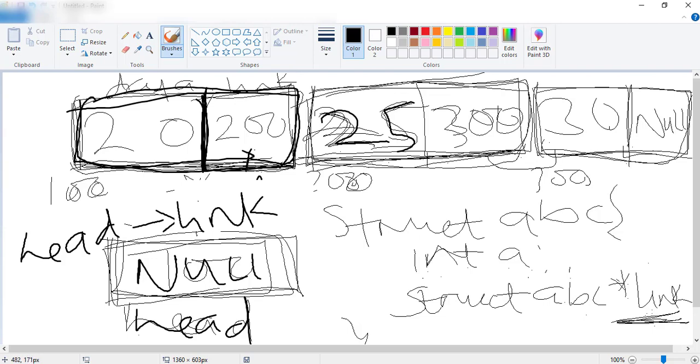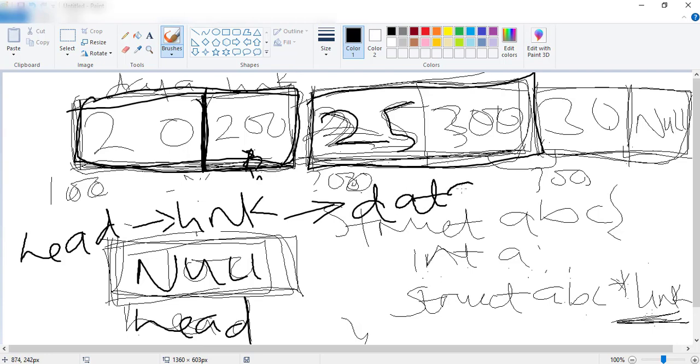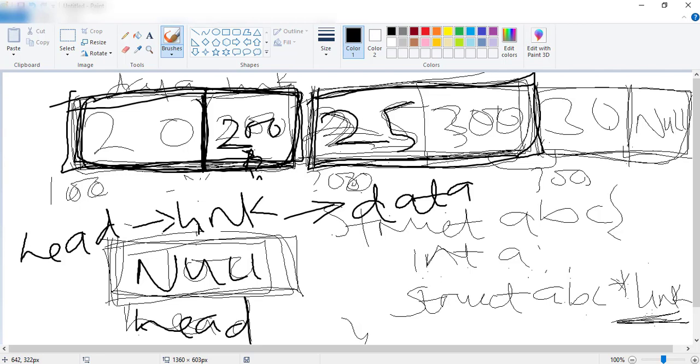This link part here, right? So what is the link part? It is 200, and this 200 is pointing to this node, right? And I will say data. So what this does is navigate the head. In the head, we know that it is pointing to this part. So what is the link part of this here? It is 200, isn't it? And 200 is the address of which node? Pointing to this node now. So what is the data part of the node? It is 25, right? So I can simply access each node using the arrow notation, isn't